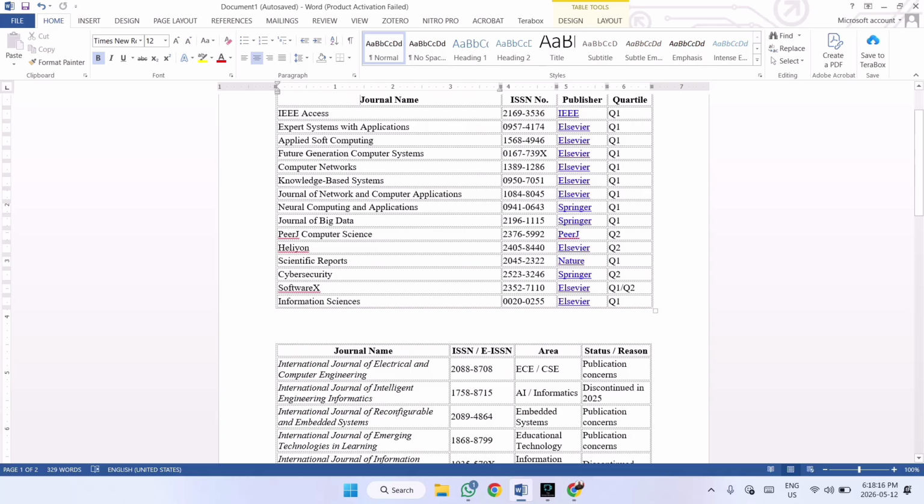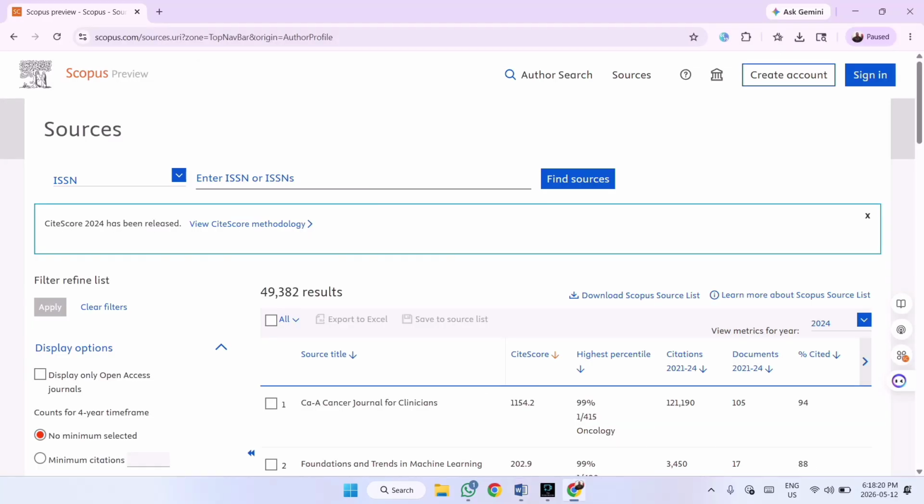For example, now we are selecting a journal called Applied Soft Computing. Here you can see there are four options. We can select the subject area, or the title of the journal if you know it, or the publisher of a particular journal if you know it, or use the ISSN number of a journal. Now we have selected the journal title and typed the journal name here.